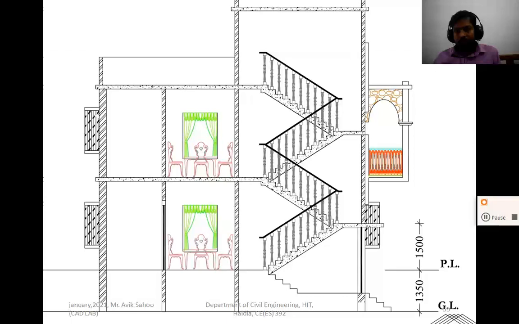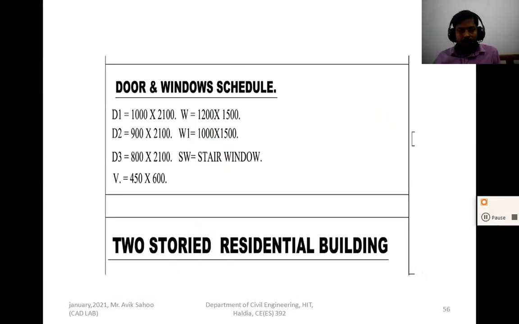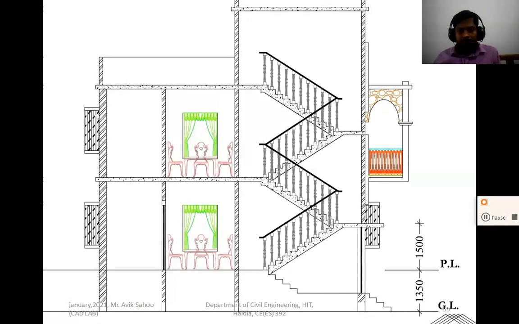The handrail designs are shown here, so if it is possible, then you develop, or otherwise you leave it. There is no need of design, but if you make it, then you show.